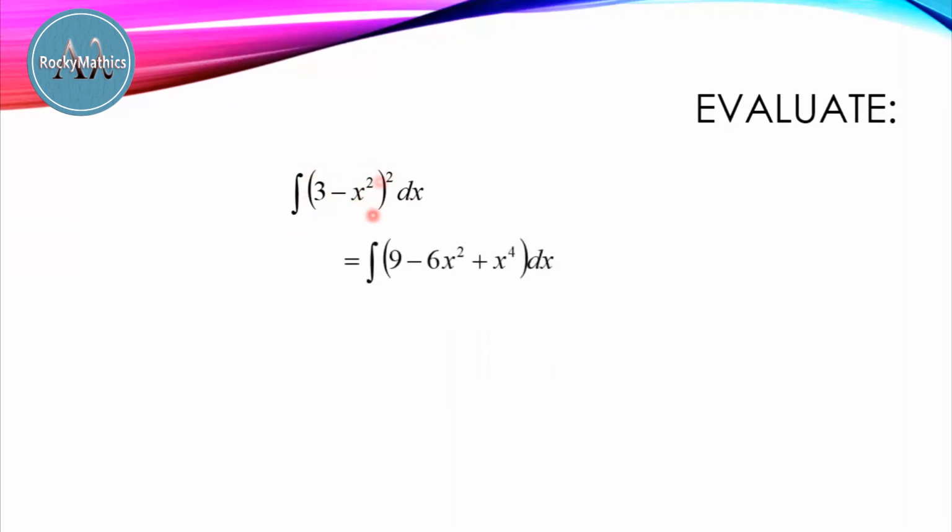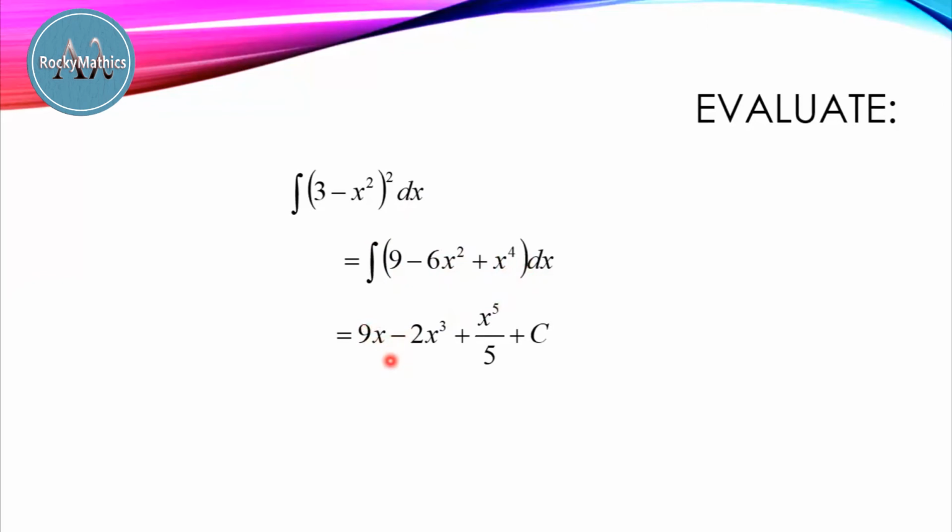That is, the expansion of this expression is equal to 9 minus 6x squared plus x raised to 4. And applying the integral of the sum and difference, this is simply equal to the integral of 9 dx minus the integral of 6x squared dx plus the integral of x raised to 4,